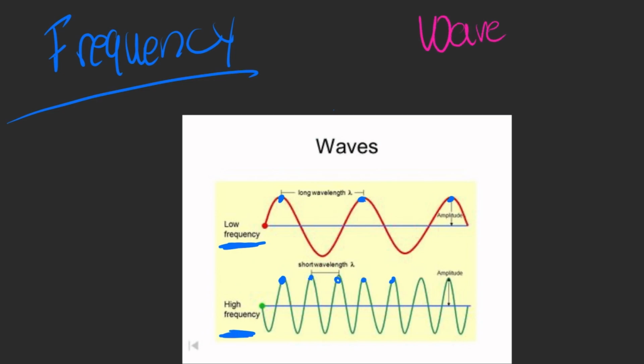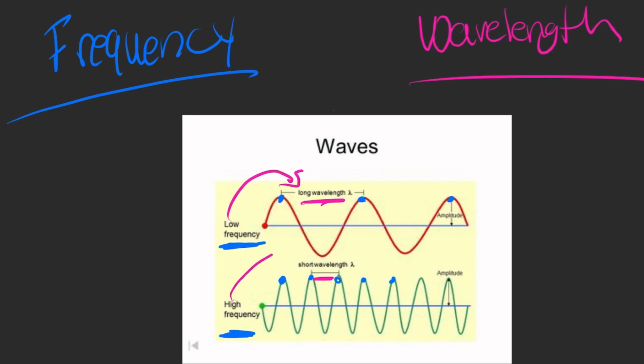The second component we're going to look at today is wavelength. A wavelength is the distance between two peaks, and that is measured in meters. As you can see on the diagram, lower frequencies usually have longer wavelengths compared to a higher frequency that